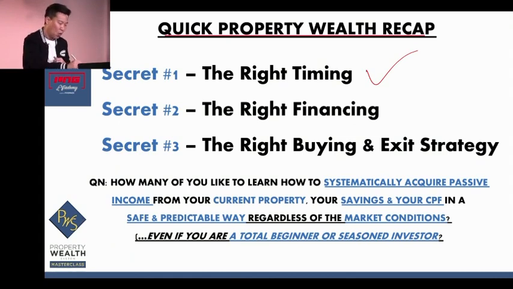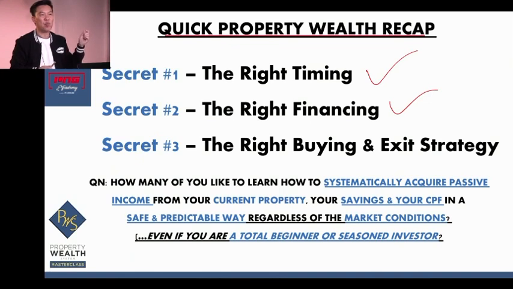Next thing, the right financing, which is the second secret that Kelvin shared. If both properties earn the same amount of money, is there a way for you to inject the least amount of capital to gain the same? Or inject the same amount of capital for you to earn even more? How do you do that? The right financing. A lot of you pointed out earlier on, interest rate is one of them. How do you even select an interest rate package? It's just the basics. But financing, creative funding strategies on how you can use one capital to rebound and then quadruple, you jump into multiple properties, the right buying and exit strategy, so that you can take control.